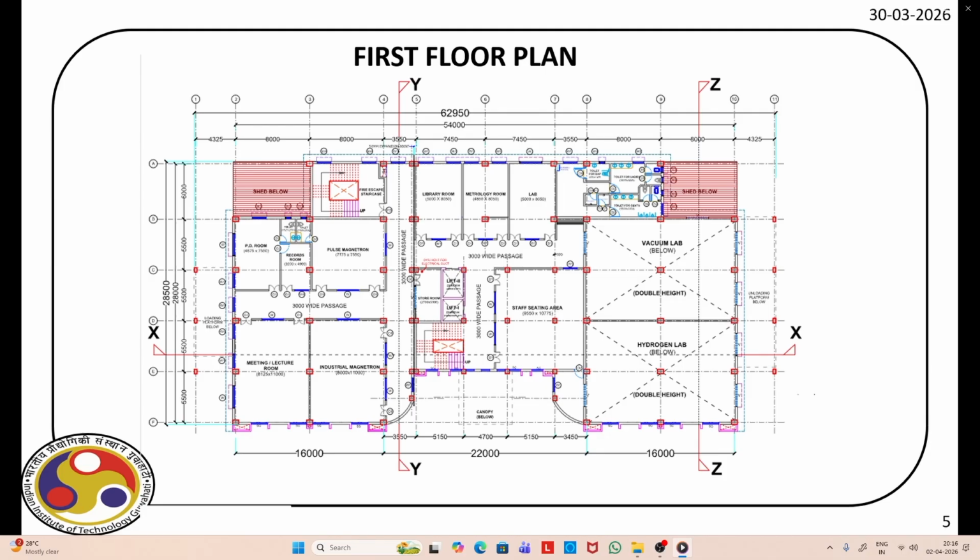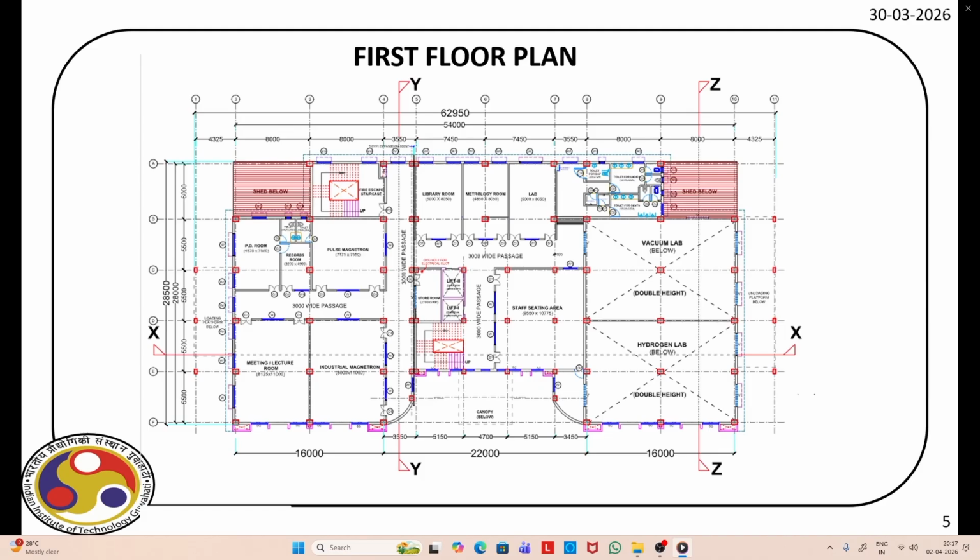But in this analysis, we are not going to model those details. We will actually make a frame made of columns and beams. And every floor level, we have a slab. But in this analysis, we are not going to model the slab, but we'll add the mass of the slab. I will show you as we progress in this modeling.